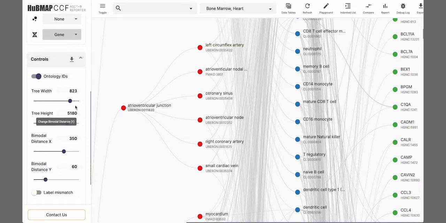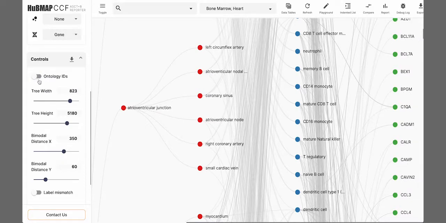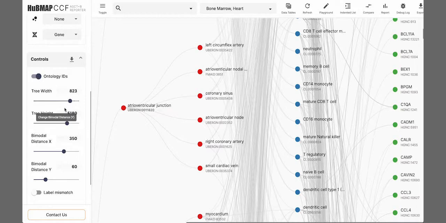Reporter also allows you to change the parameters of the display via the control panel on the left sidebar. The visibility of the ontology ID on the display may be toggled using this button. Toggle this button, and you can see that the ontology IDs are hidden from the visualization. This slider may be used to adjust the tree width, and this slider can be used to change the height of the tree, and this slider adjusts the horizontal distance between each node, and this one adjusts the vertical distance